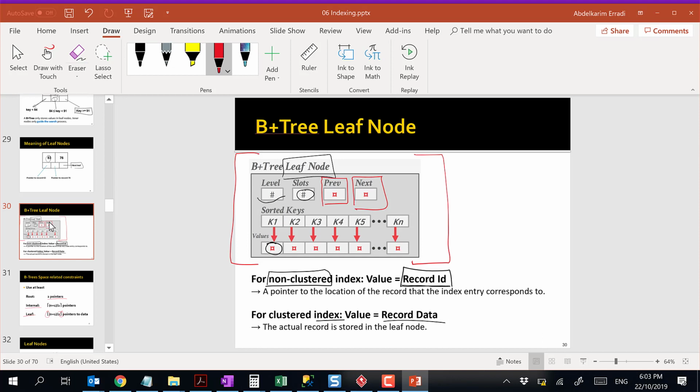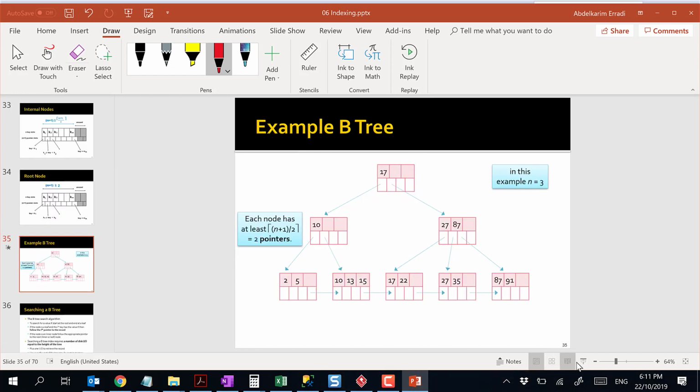Once you split the root node, then the tree will grow vertically. If you split only the leaf nodes or the intermediate nodes, the tree is growing horizontally. If this affects the root node and the root node needs to split, then you are growing also vertically. Let's just jump into the more interesting part, which is how the tree is used for querying,